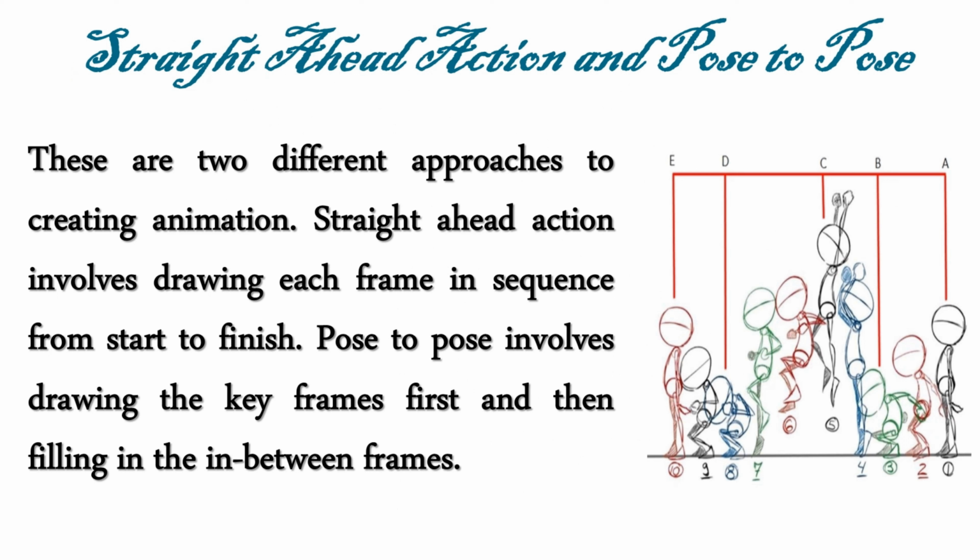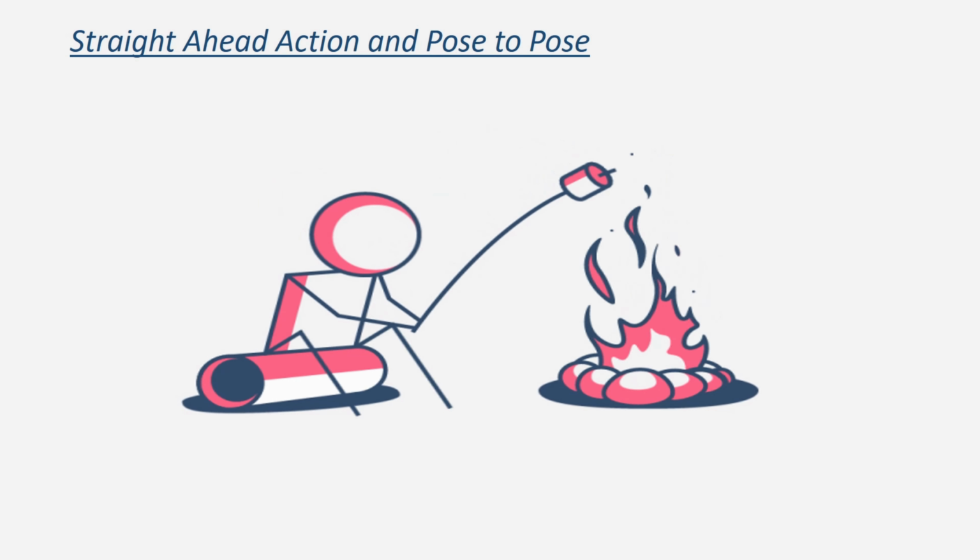These are two different approaches to creating animation. Straight-ahead action involves drawing each frame in sequence from start to finish. Pose to pose involves drawing the key frames first and then filling in the in-between frames. For example,